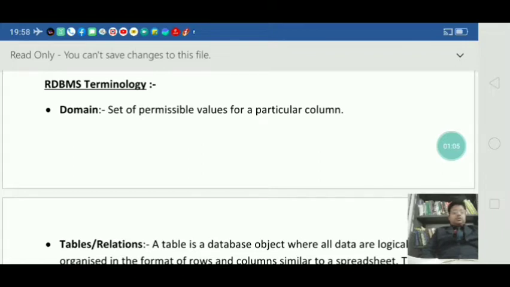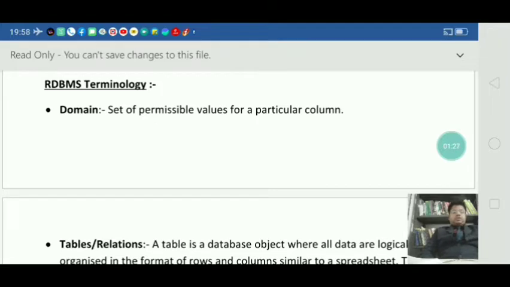Okay, so the first term is domain. Again, one thing I am telling you: whatever I have written here, you can follow it as your notes. I have used very simple language so that you can understand very easily.